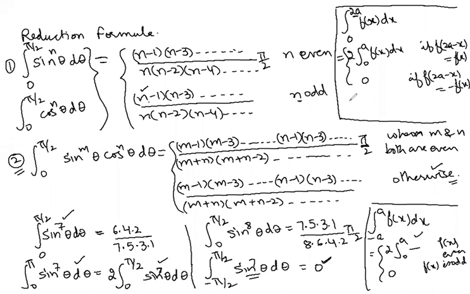So you can make use of these two results of definite integrals in case the given limits are not of your required range. It should be from 0 to pi by 2. So we can again and again apply these results so as to change it from 0 to 2 pi. We can change from 0 to pi, right? And then again we can change from 0 to pi by 2. In case in between some step it turns out to be 0, so it is 0 there only, like in this step. Okay, so now if you have any questions, then you can